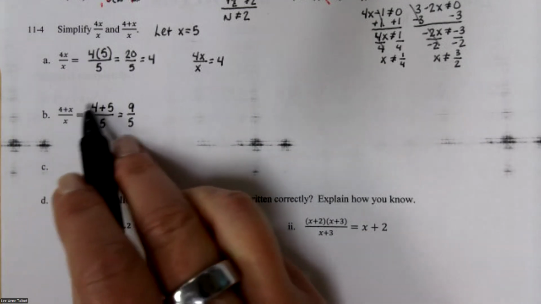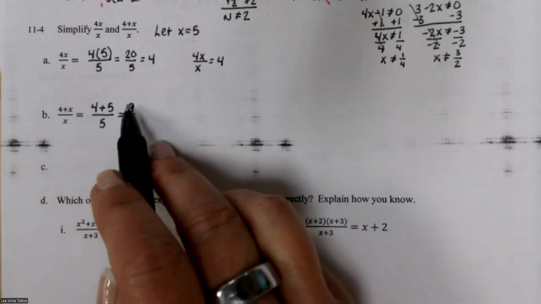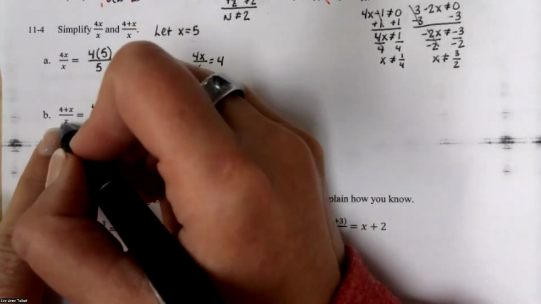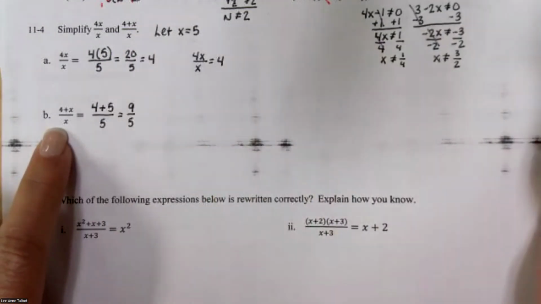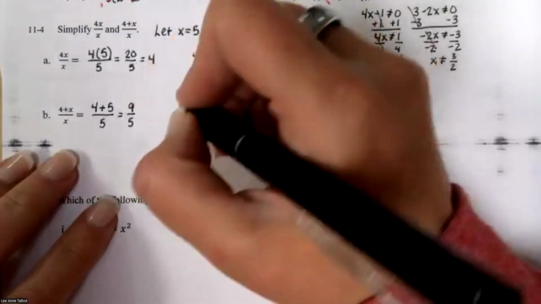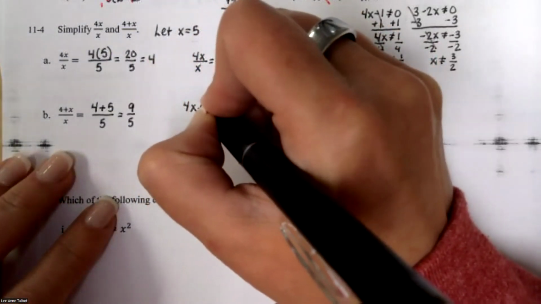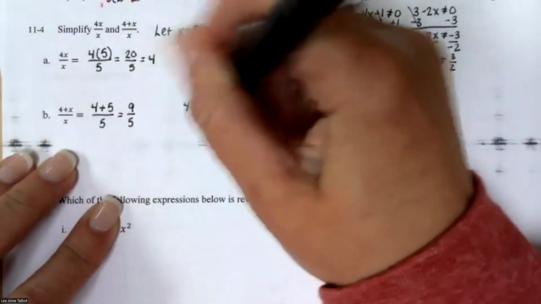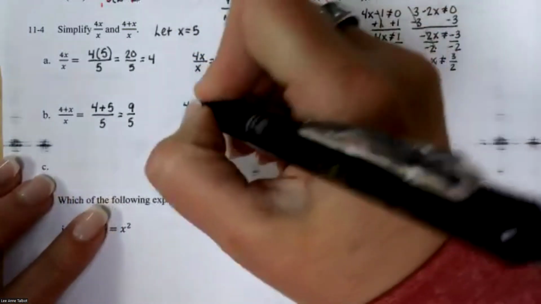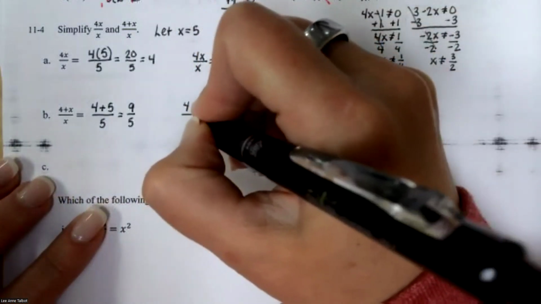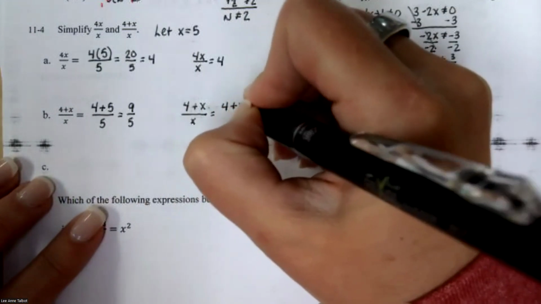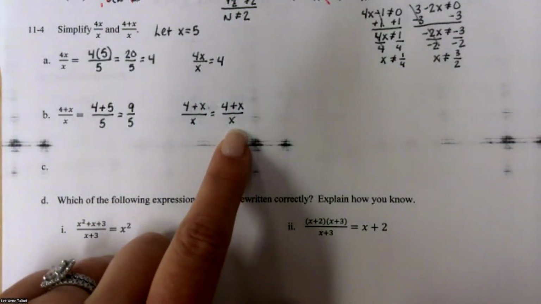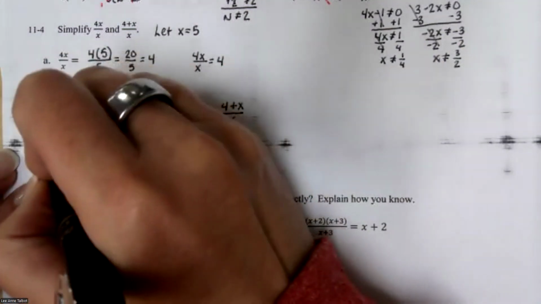Okay, because this makes 9 on the top. This answer does not come out to be 4. If I cancel those, I would get 4. My answer is not 4, it's 9/5. So 4x plus x, 4 plus x, oh goodness, I made it like terms. 4 plus x over x is literally 4 plus x over x. That is as simplified as that will get. Okay, so for C,